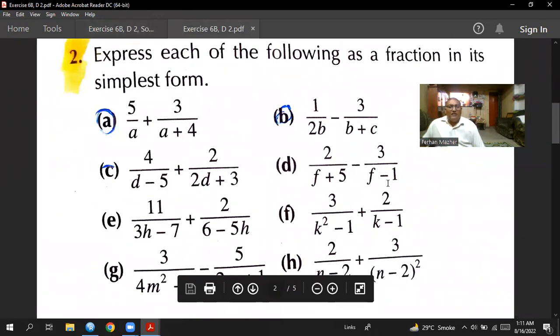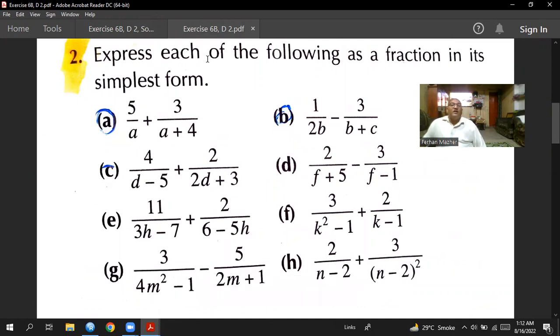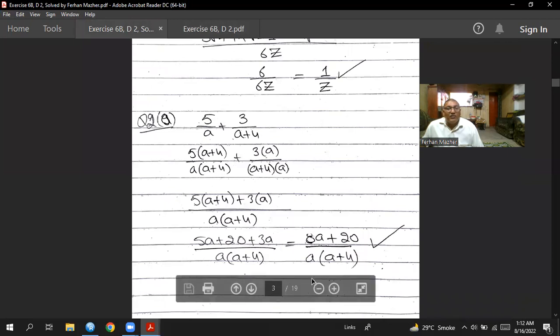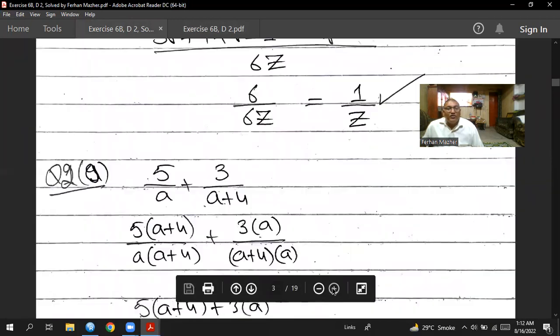Okay, so question number 1, question number 2, the first part is showing up. Express each of the following as a fraction in its lowest and simplest form. You have 5 by a plus 3 divided by a plus 4. So for these two denominators, I can take the LCM. If you want to make the denominators the same, so